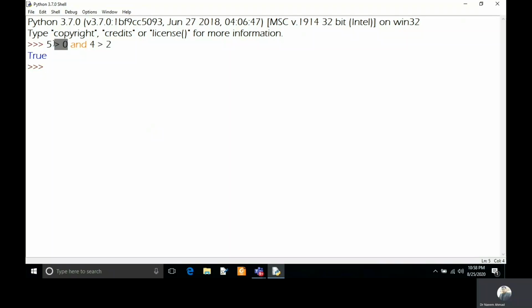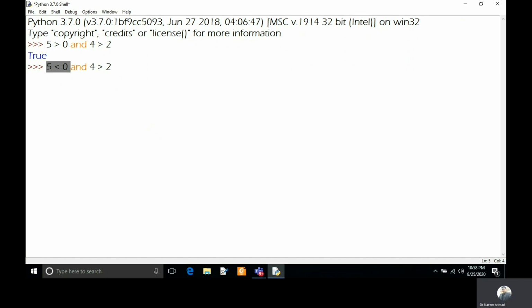First it will check if this condition is false. Suppose I'm taking 5 is less than 0 and 4 is greater than 2. So here this condition is false.